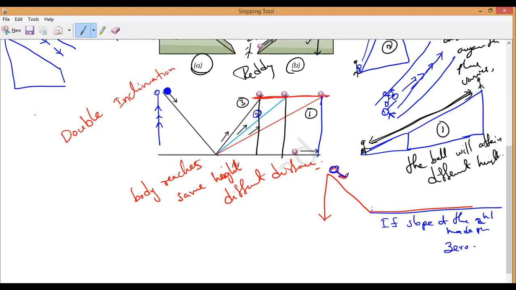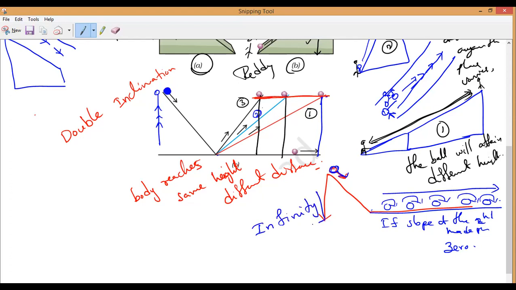Will it stop here? It will keep on rolling for a longer distance. Yes or no, guys? Yes, sir. So we cannot measure it if it is a longer distance. I told you we have to use one word. What is that word?